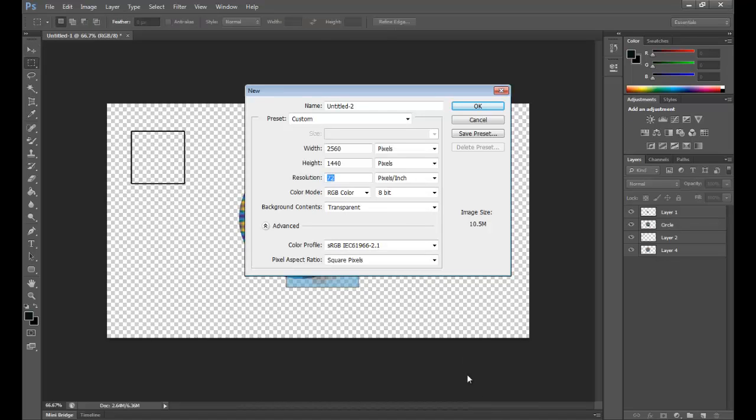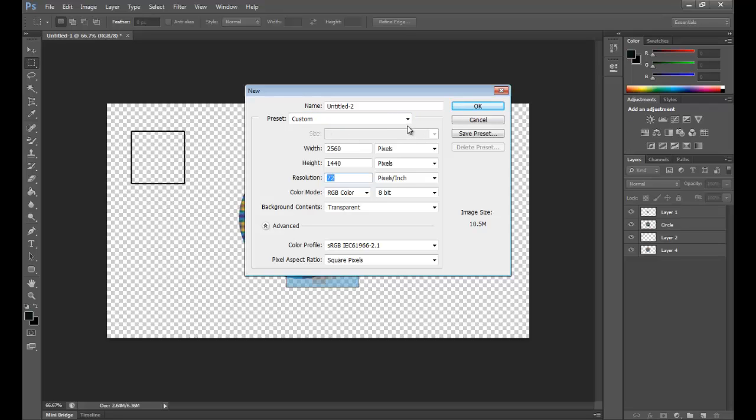Side note for this video is when creating a new layer, what's best to do? If you're gonna be making something like a YouTube thumbnail or a video, you're gonna want to have a preset. Now, what a preset does is when you create a new layer,